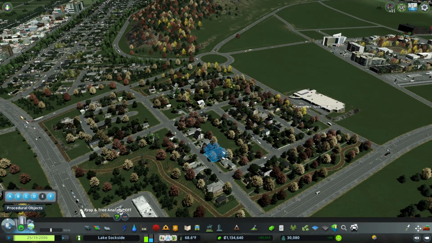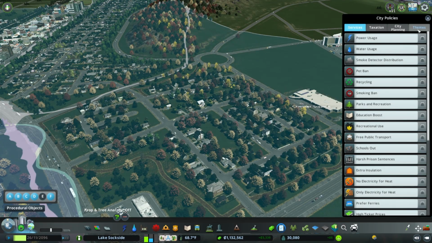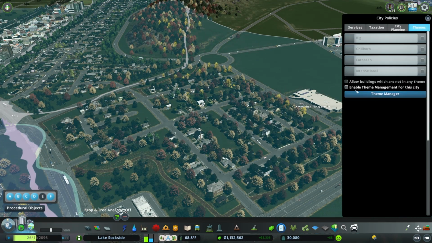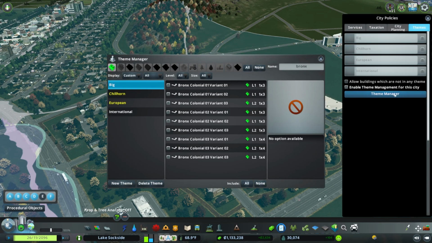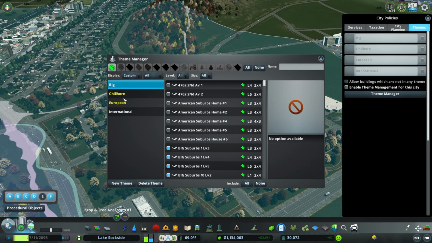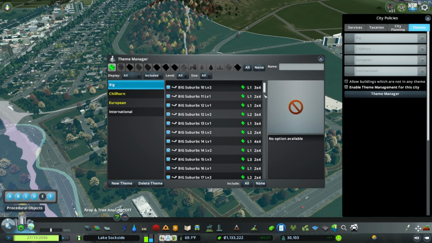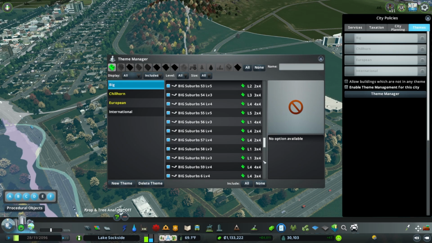Well, I guess we'll jump right into it. Let's click on the policies button to begin with. Yep, right there. And then there's a new option here called themes. And you can see here, you can enable the theme management for the entire city. So you could just have a theme that you want for the entire city. You don't have to do separate districts. I've never really used this. It would have been probably beneficial for Chillhorn back in the day, but not necessarily for what we're doing with